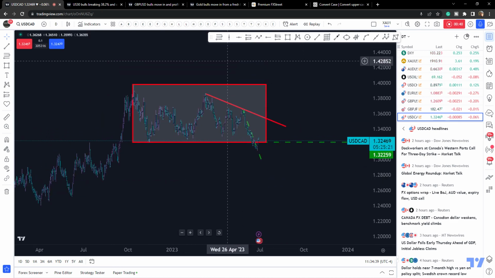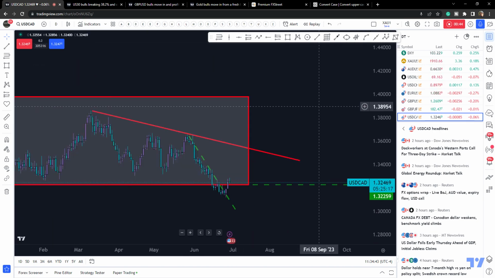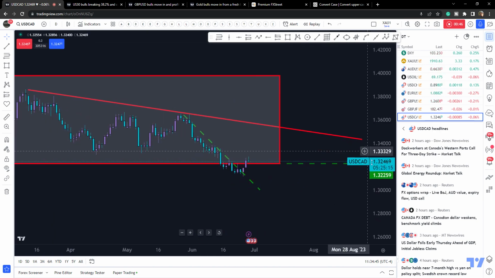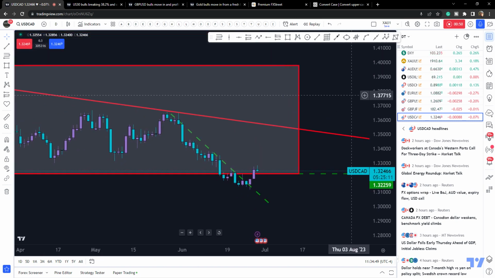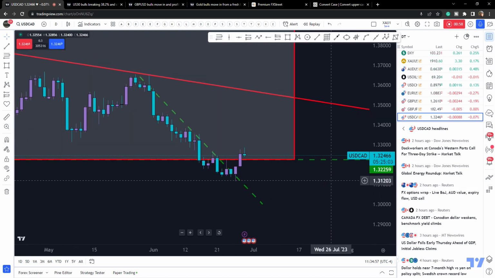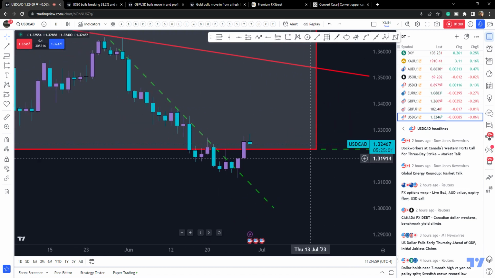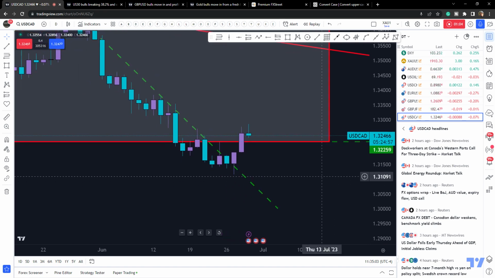Much will depend on the data tomorrow. This week has been pretty good for the US economic calendar, and it raises prospects of two hikes from the Fed this year. So that's all bullish. But